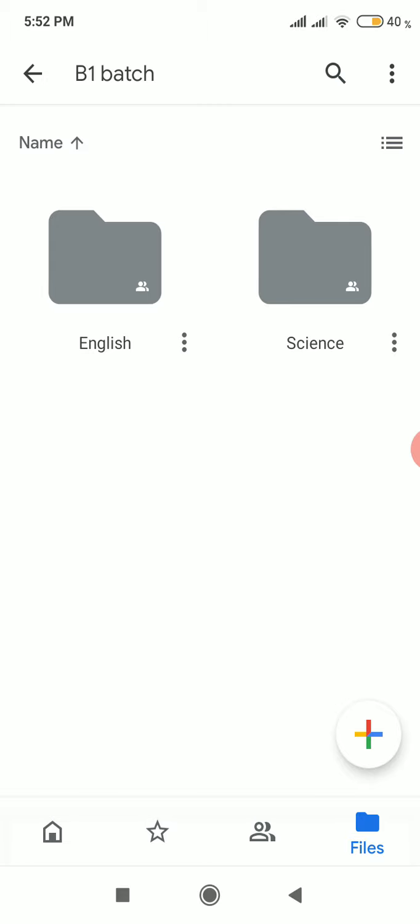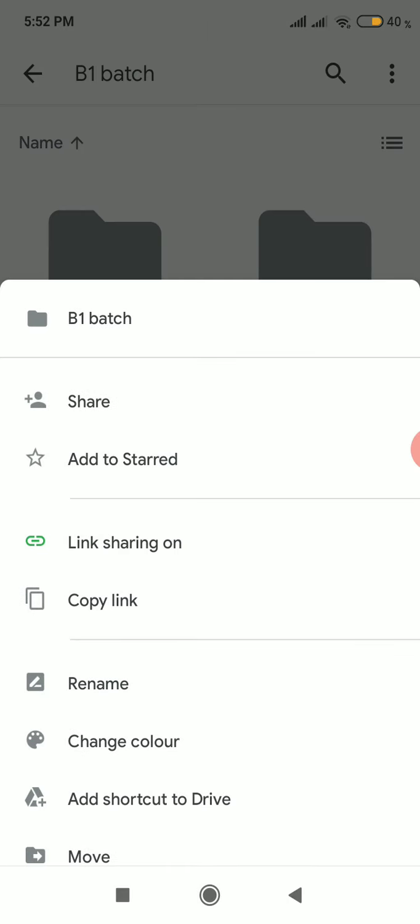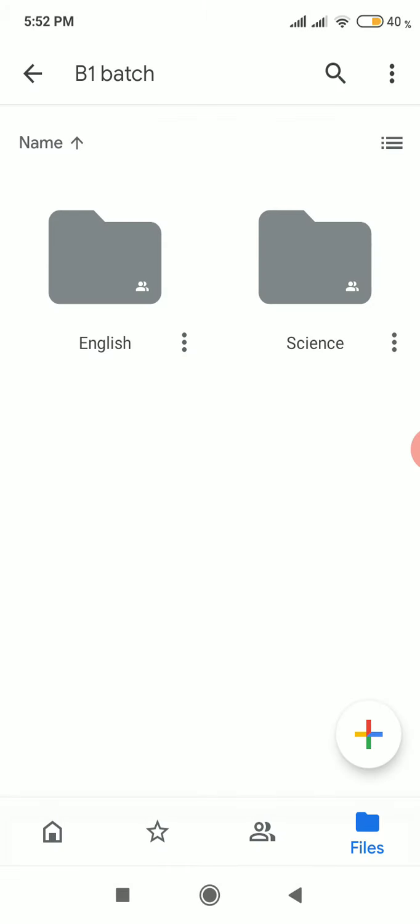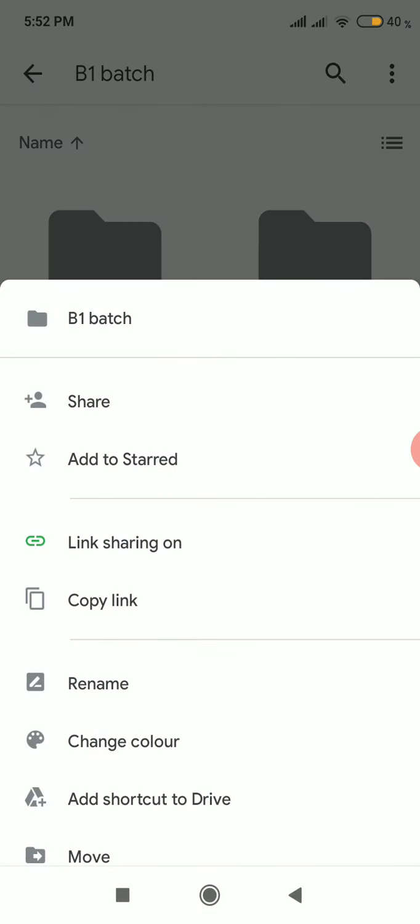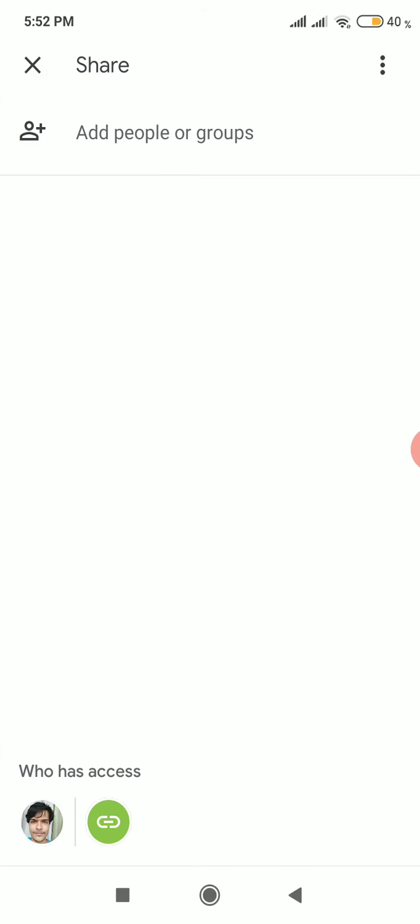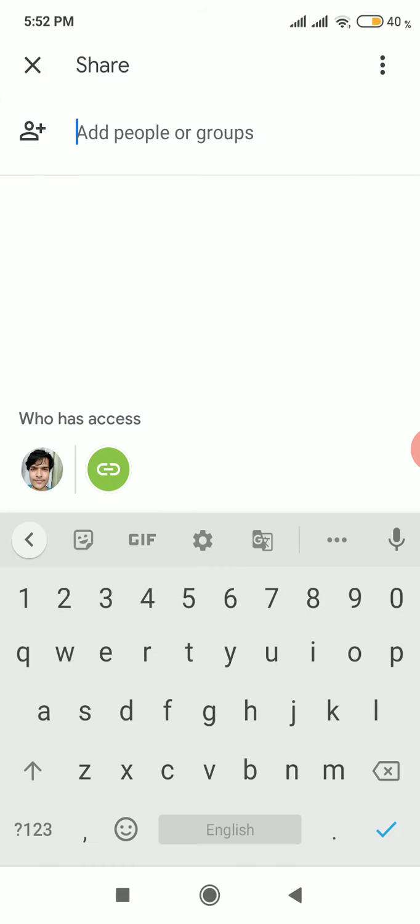What I need to do is very important. I need to add the emails of students. For that, I'll click on the three dots at the top and share. Once I go to share, I must add the emails of all the students and teachers who teach the subject. Consider I have a student.